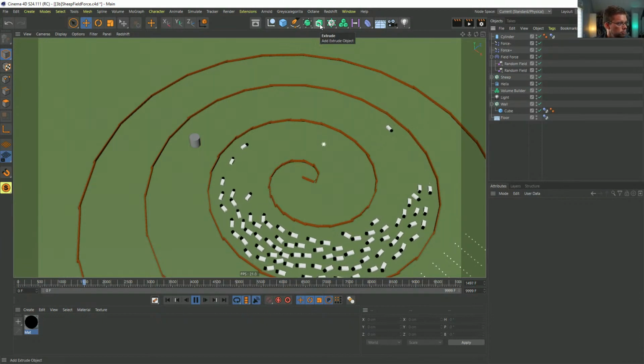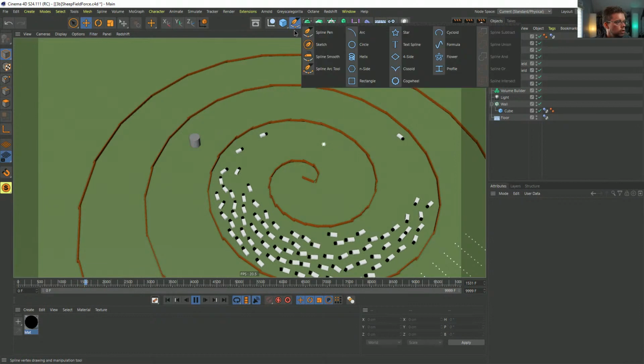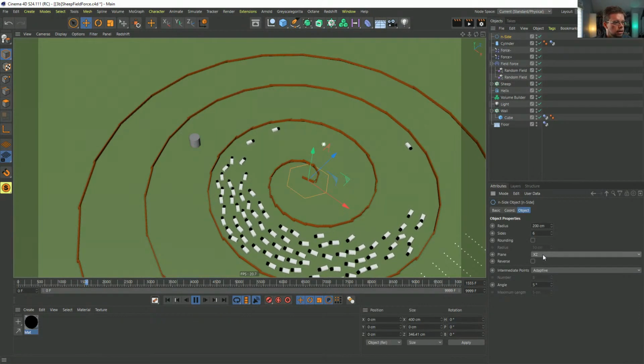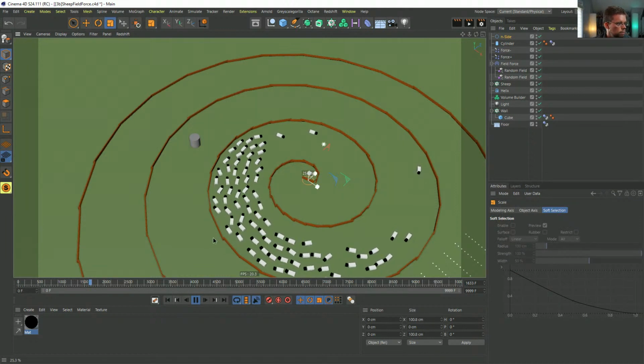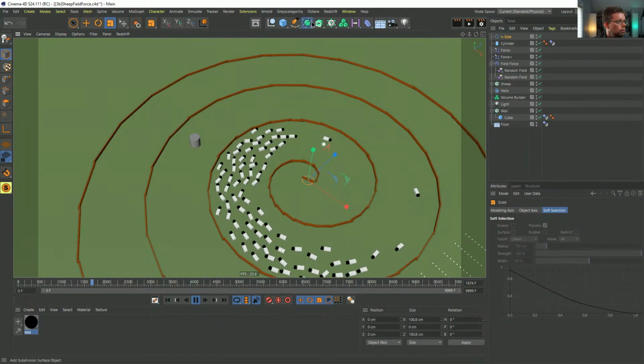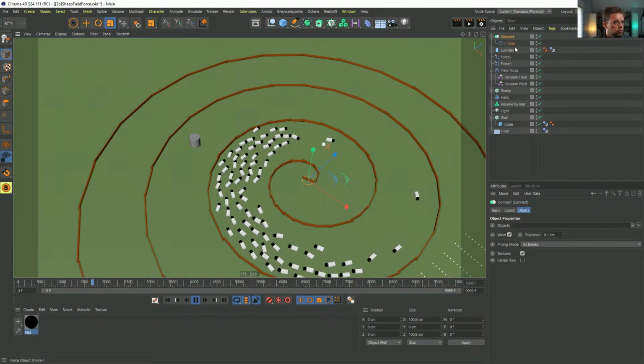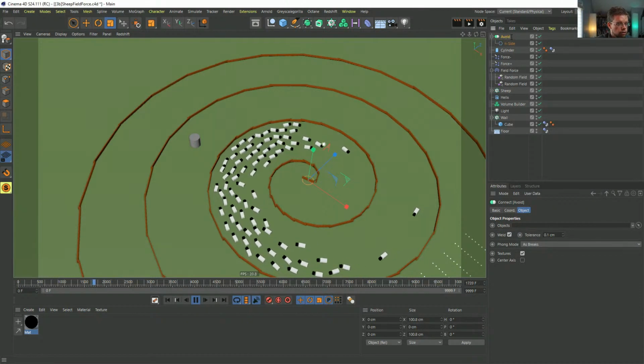Oh, there's going to be a big old sheep traffic jam soon. But here's a thought. If I were to make something like an end side, lay it flat on the ground, give it a couple extra edges, and it's a little big, so we'll shrink it. If I want to put that into a connect object so we don't have to keep on relinking, and then we'll just call this avoid.